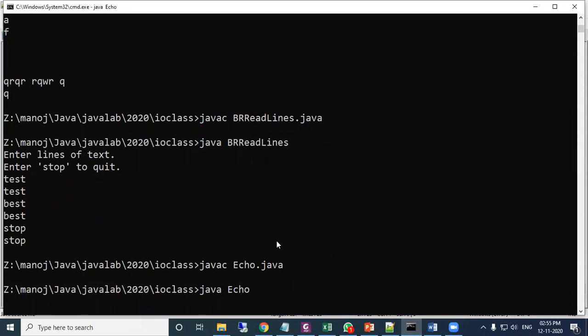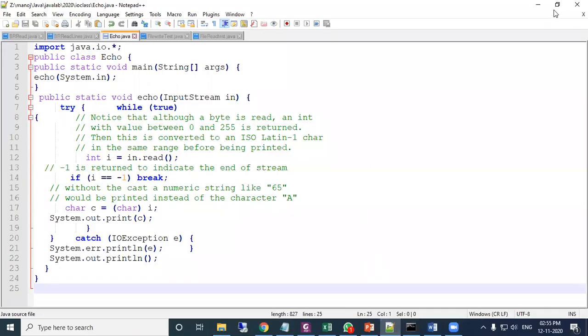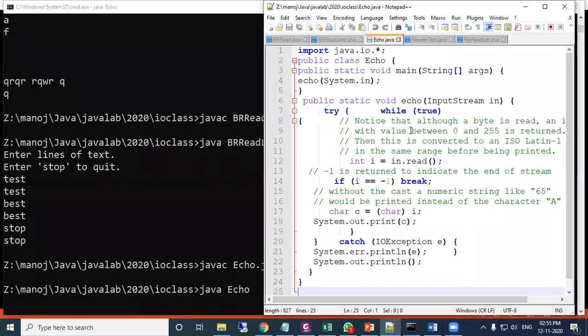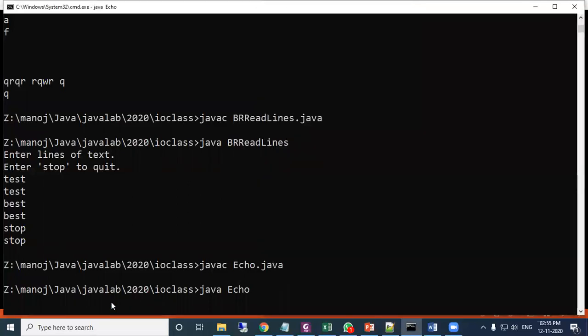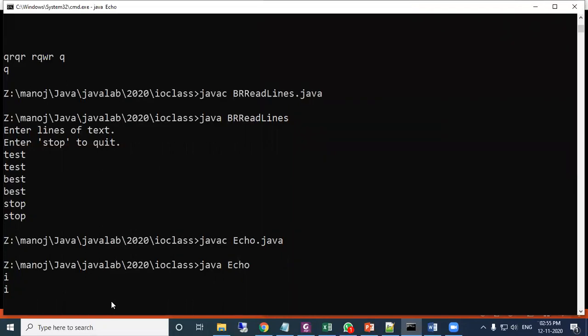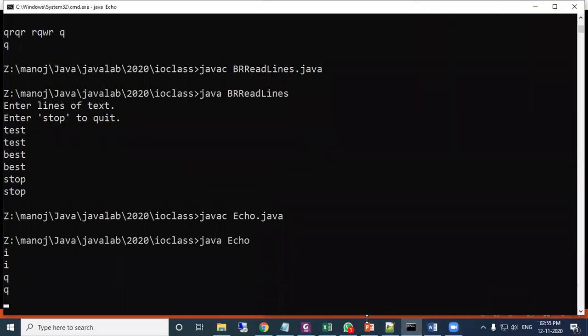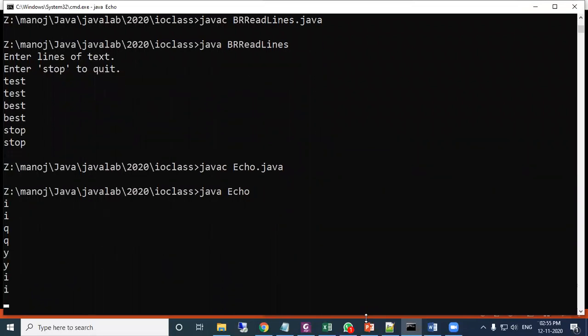Just here what happened, it is waiting for the user because we have used this read here, it is waiting for the user to read a byte of data. Suppose I enter anything, press enter. Immediately that is printed on the screen. Whatever data I enter and press enter, it is immediately shown on the screen.